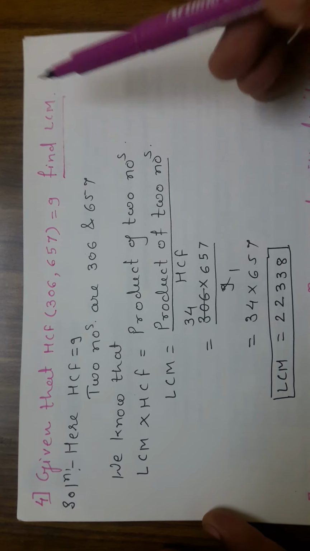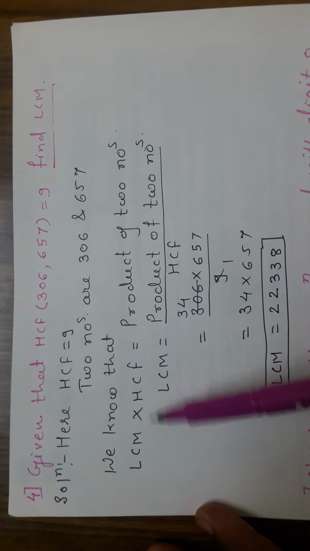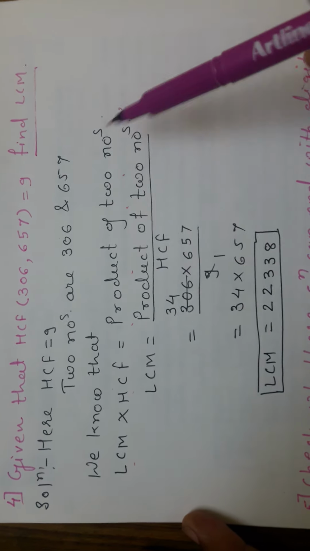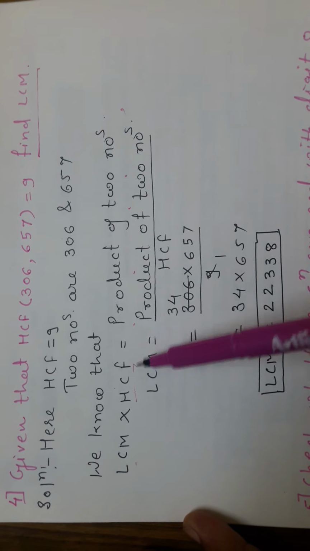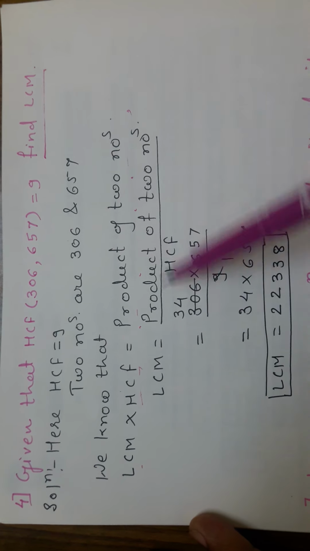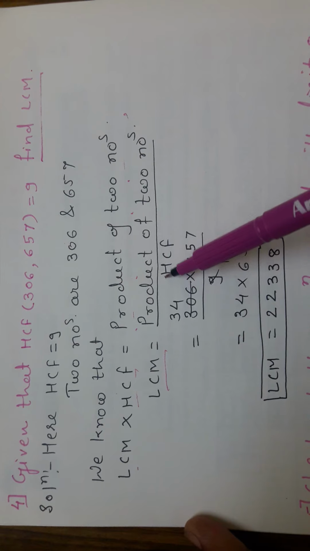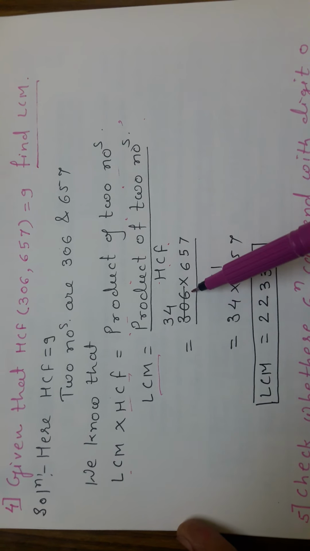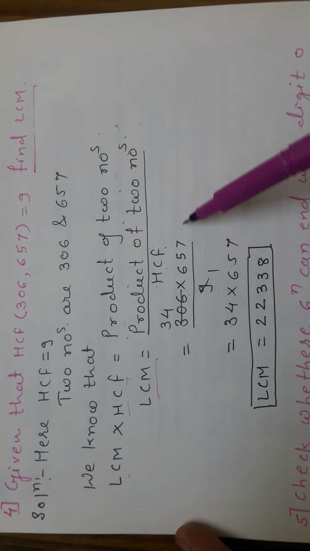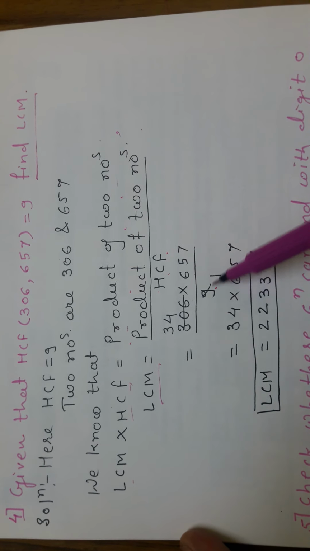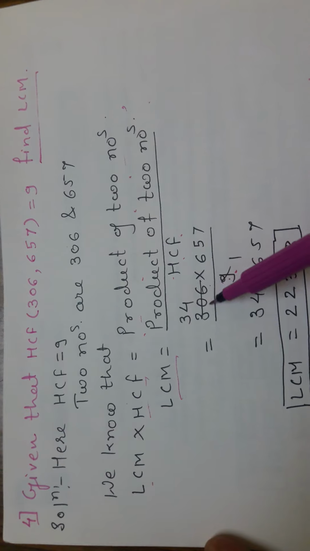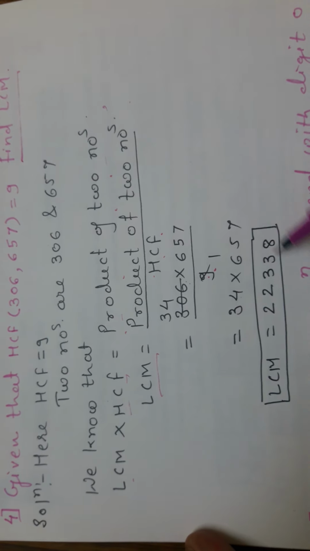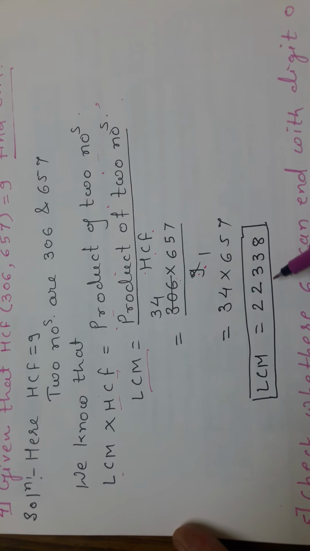Fourth problem: given that the HCF of two numbers, 306 and 657, is equal to 9, we have to find the LCM. We know that LCM into HCF is equal to the product of the two numbers. Here HCF and the two numbers are given. That's why LCM is equal to the product of two numbers divided by HCF. 306 into 657 divided by 9. 9 divides 306, we get 34. 34 into 657, the LCM we got here